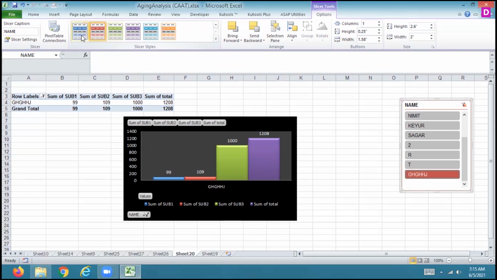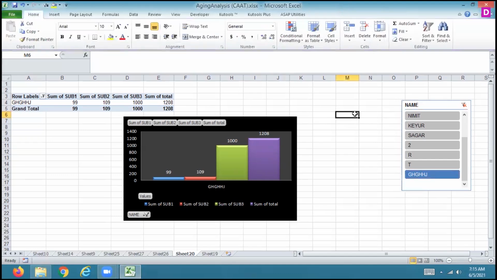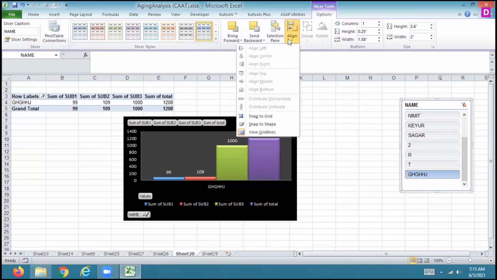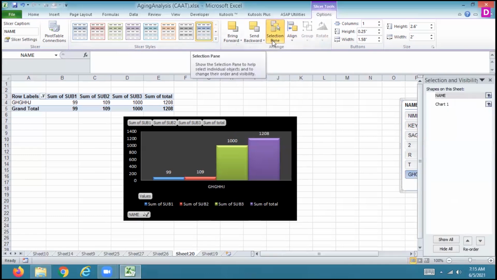You can put out this value, and you have to do this value on the basis of this one. Okay, do it. Make sure that it will be the alignment selection pane. If we use the selection pane,